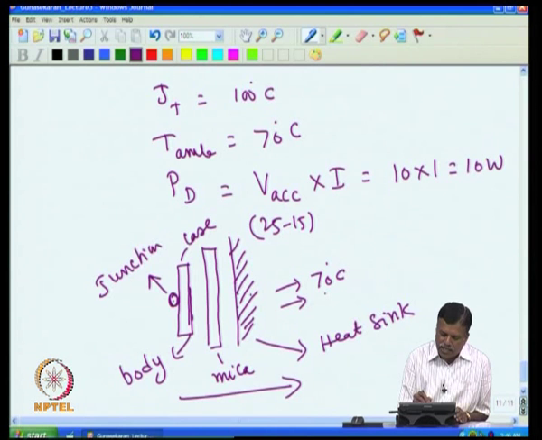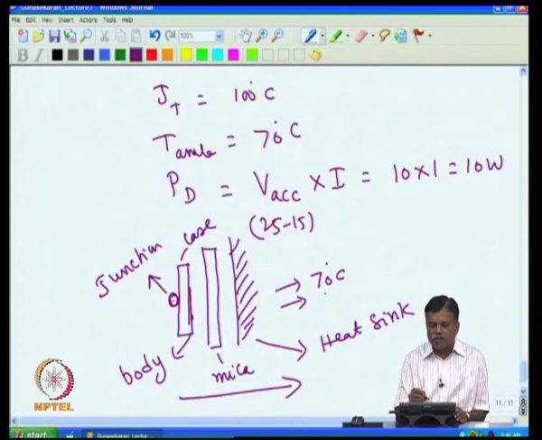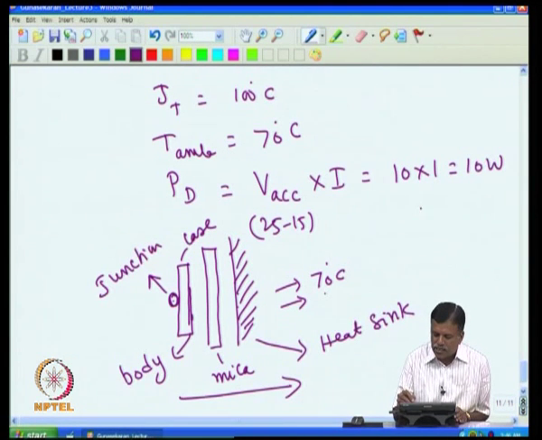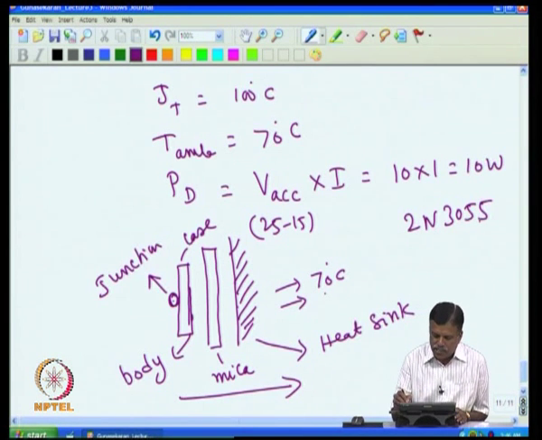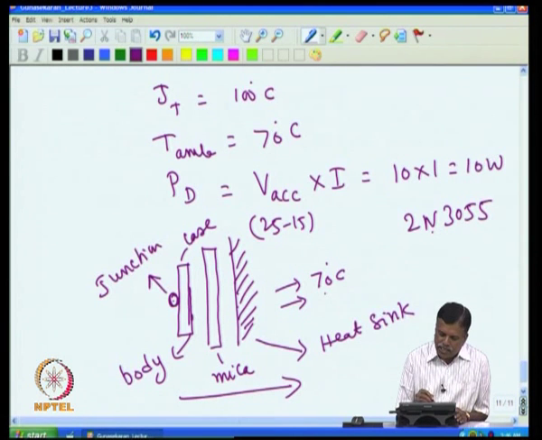For that, what is the heat sink size I have to select? Now, if I look at the data sheet, for example, if I take the transistor 2N3055, it is a high power, general purpose transistor, which is available for normal use very easily. Now, if I look at the data sheet, it gives one data, that is thermal resistance